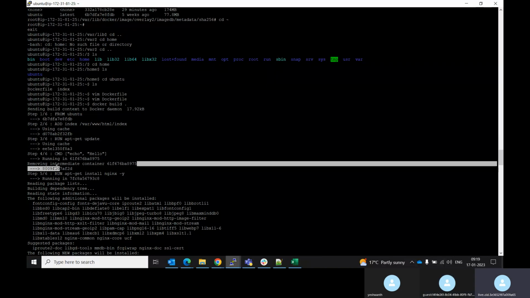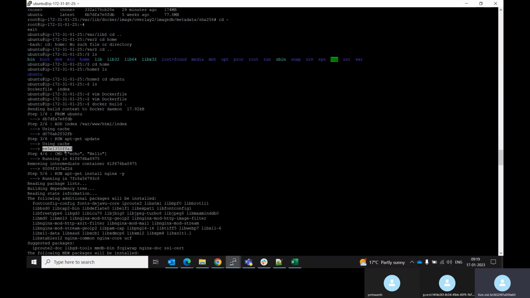removing intermediate container. See, once it created a new image on top of this one, on top of that one it created a container. And once it has been done, it is removing it. And again, it is creating this one. See, if you see clearly,